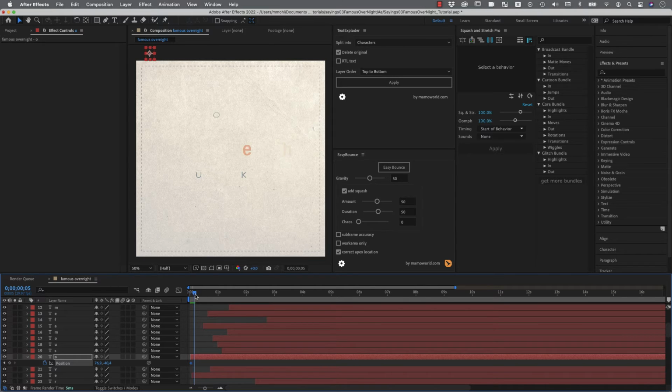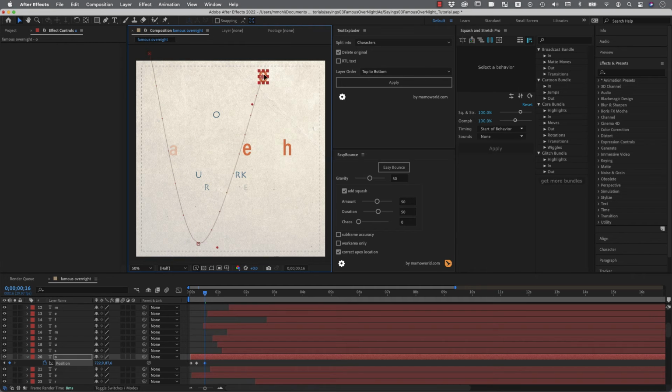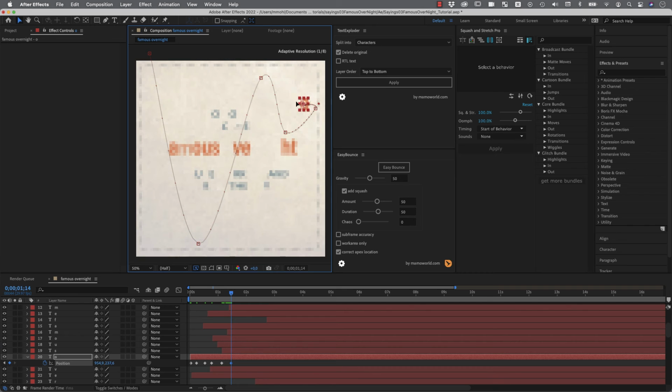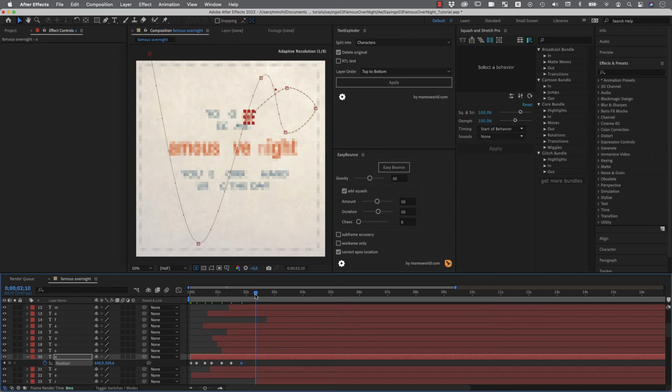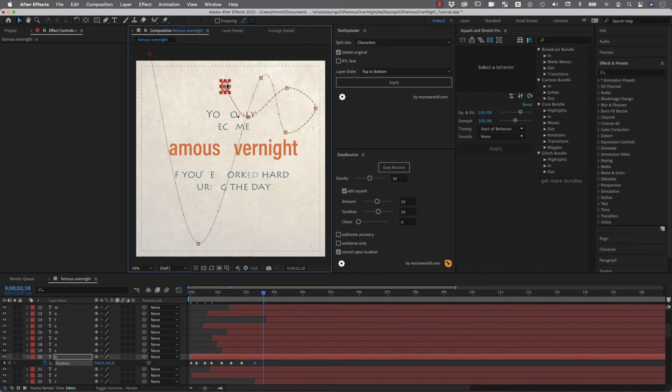And now we move a few frames forward and say, okay, we bounce down here. And now I just set one keyframe at each apex, so at the highest point and at the lowest point. And this is just really a rough path that I need to specify. Maybe here we bounce against this wall, and then we maybe go here. And you can really be creative in this part. We maybe bounce on this ladder, go up here again, and here, and so on, until we finally arrive in